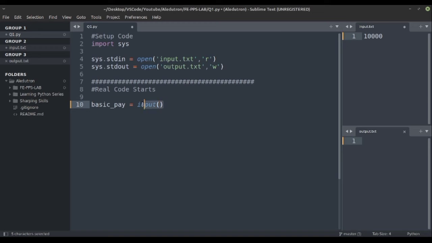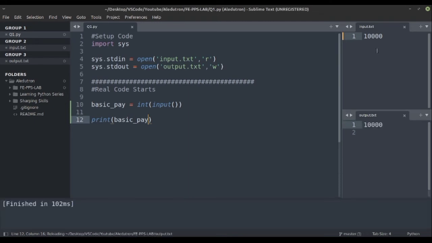We will get the input as a string, but to convert it into an integer we can use the inbuilt int function, as we need to do calculations on this number and a string can't do any mathematical operations. After we get the basic pay, let's print it out and see whether our input and output are working fine. You can see 10,000 got printed, meaning we successfully took the input from the file and printed the value to the output file.